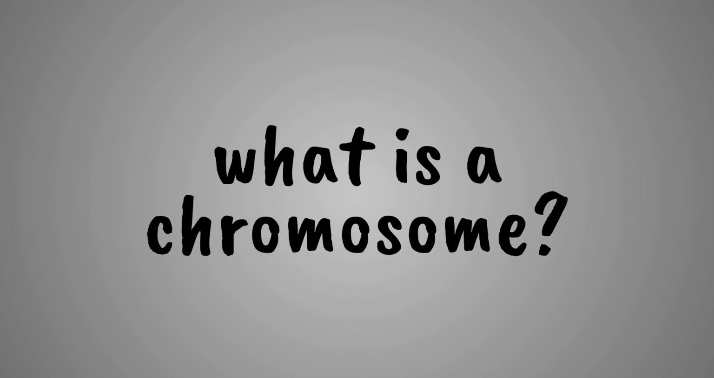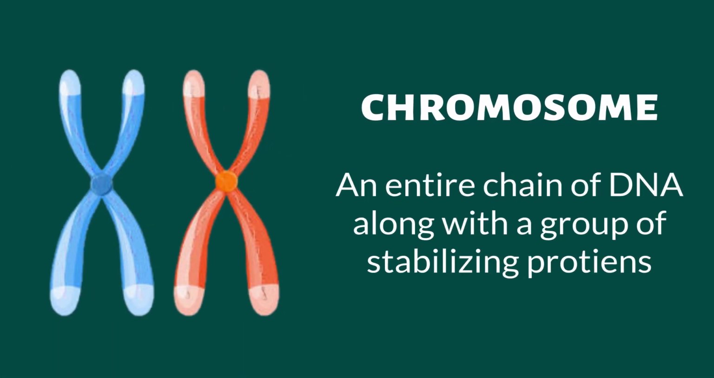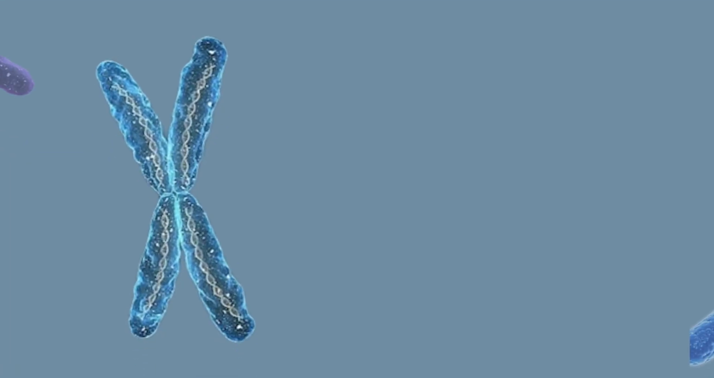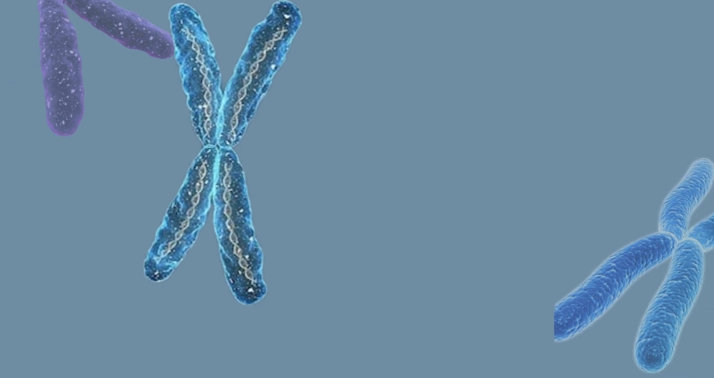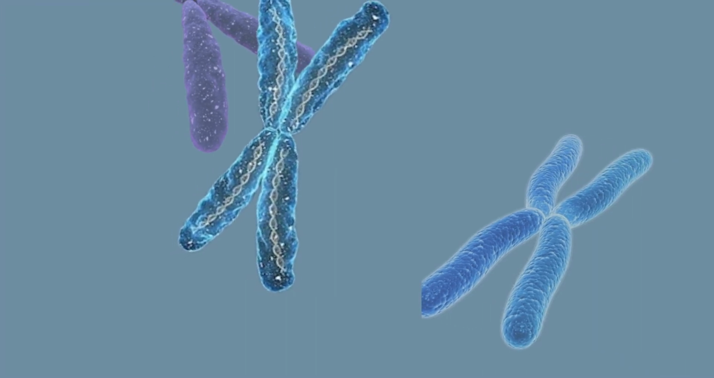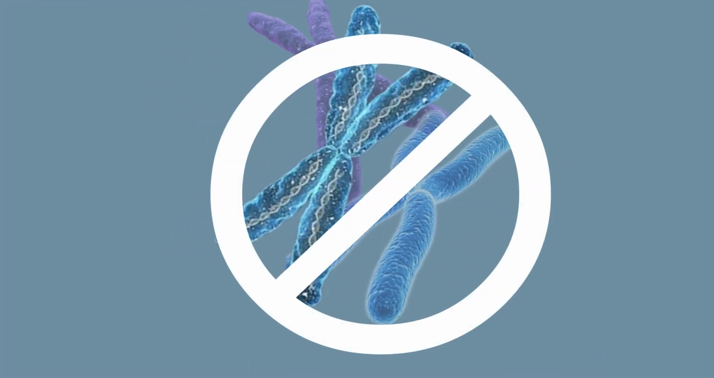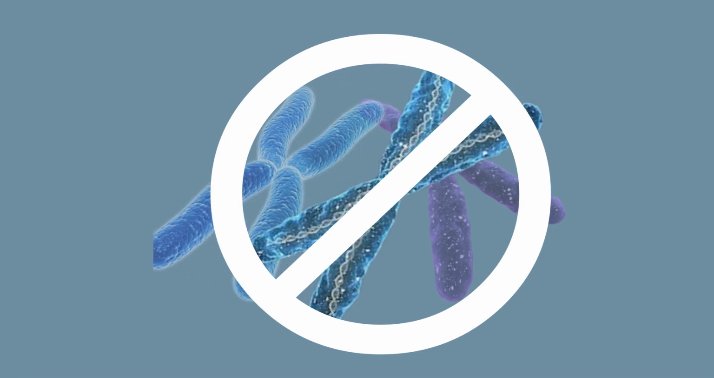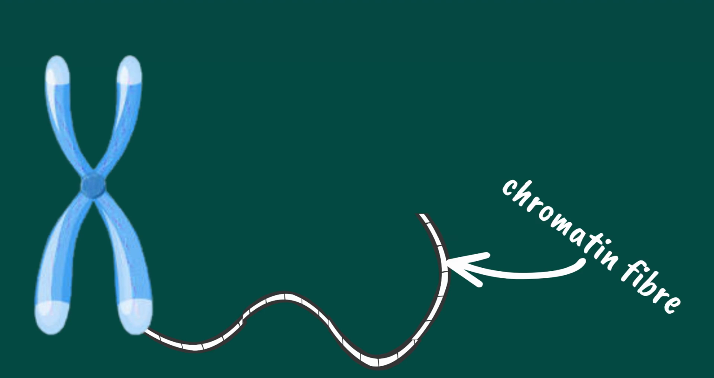What is a chromosome? A chromosome is an entire chain of DNA along with a group of stabilizing proteins. You may have seen images showing DNA trapped inside a chromosome, sort of like this. This is not how chromosomes hold their DNA. If you were to unravel a chromosome, you would see that it's made of a thread, sort of like a